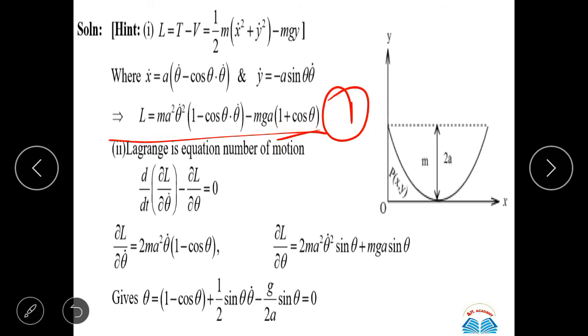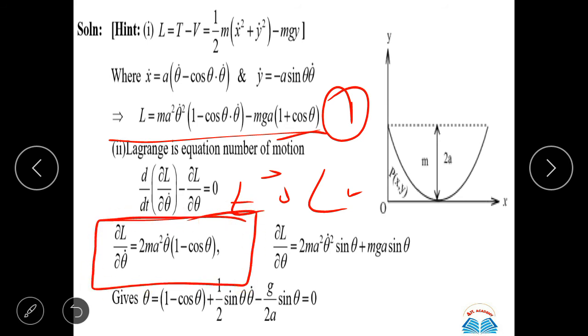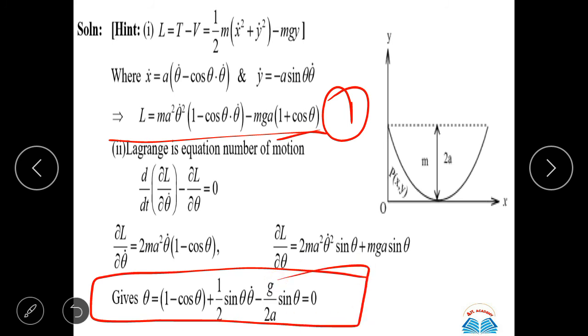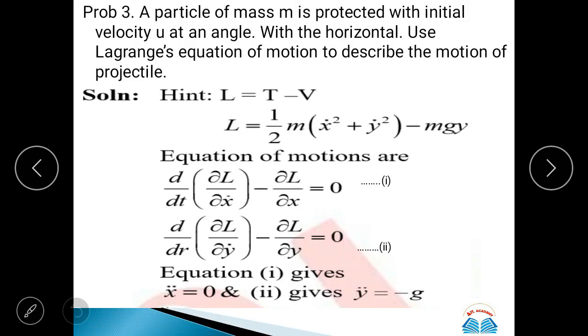Okay, now we have to further solve it for the equation of motion. So this is our Euler-Lagrange equation of motion. As you know, theta is our generalized coordinate. So what we will do is take one time derivative of our Lagrangian with respect to theta dot and one derivative of our Lagrangian with respect to theta, and put all these values in this equation, and we get this type of answer. So this gives theta double dot times (1 minus cos theta) plus half sin theta times theta dot squared minus g sin theta upon 2 equals 0. It is also too easy to understand.